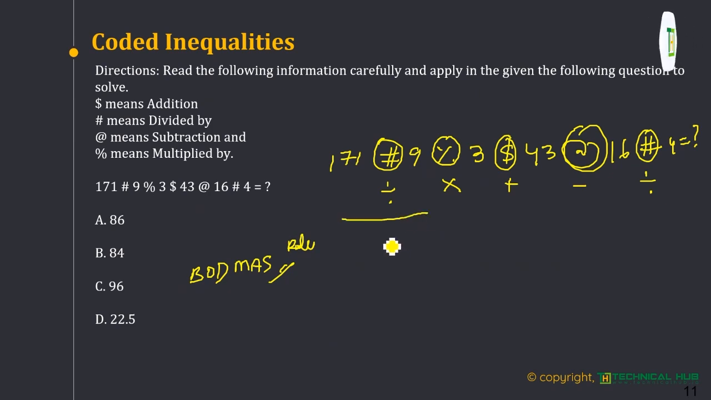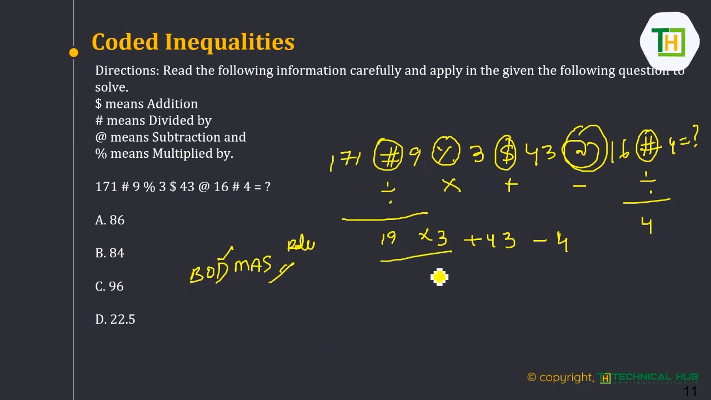171 divide 9 means 19. 16 divide 4 means 4. So what is remaining here? Multiply with 3 plus 43 minus 4. First only division was taken. So this is the priority: brackets, of, division, multiplication, addition, subtraction. Division is completed. What is the next priority? Multiplication. So 19 threes are